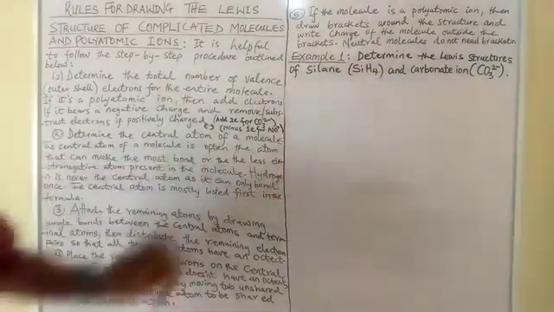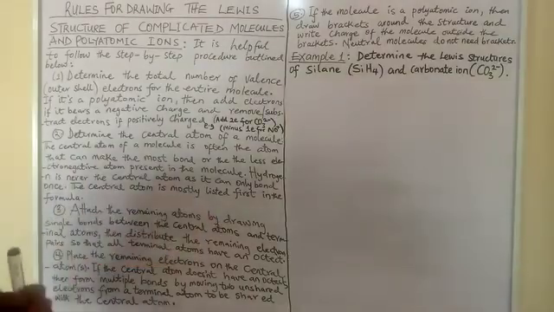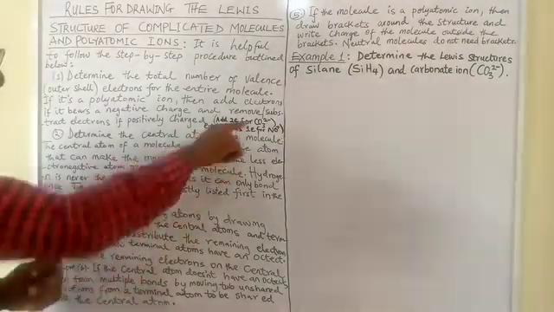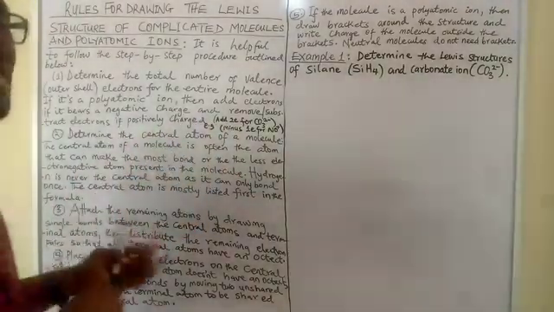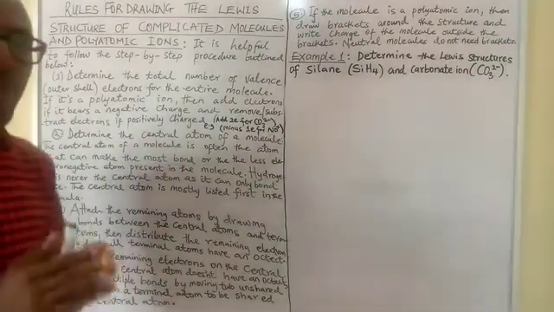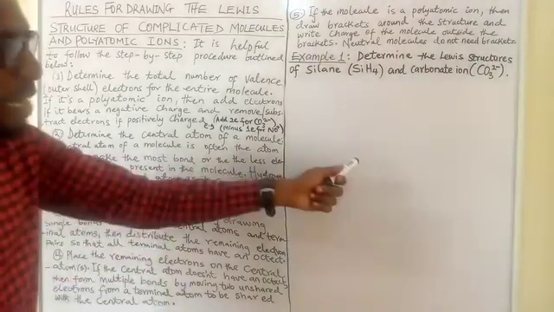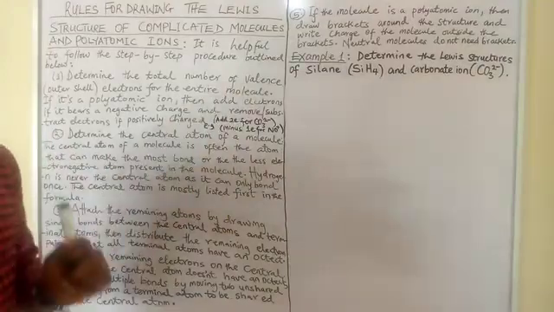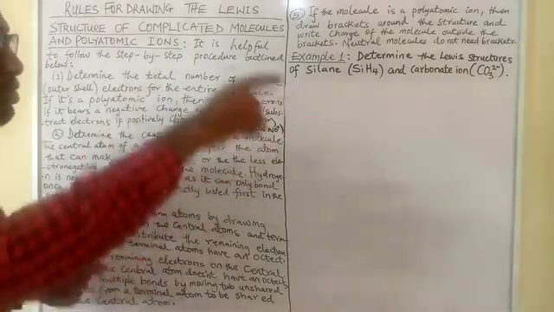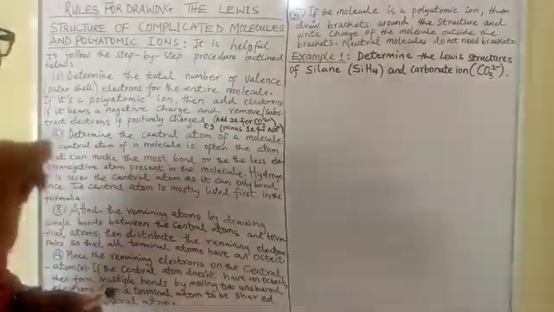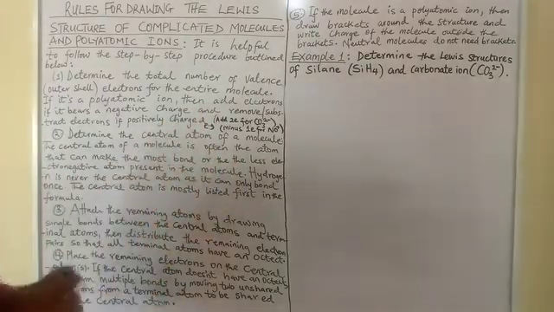After you've been able to determine the element to be centrally placed, you go on to attach the remaining atoms. When you place carbon, for instance, here at the center, you attach the other atoms using a single covalent bond. Remember, every single covalent bond carries 2 electrons. So you now join the central atom to the other atoms known as the terminal atoms. In this case, the 3 oxygen atoms, those atoms surrounding the centrally placed atom, are known as the terminal atoms. So you now join the central atom to the terminal atoms using single covalent bonds.